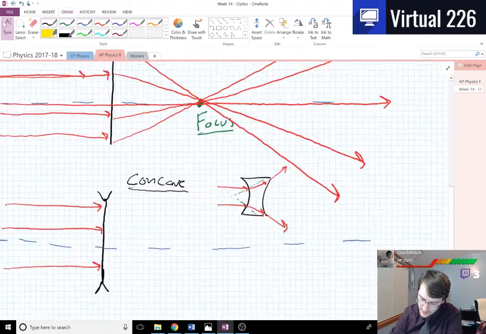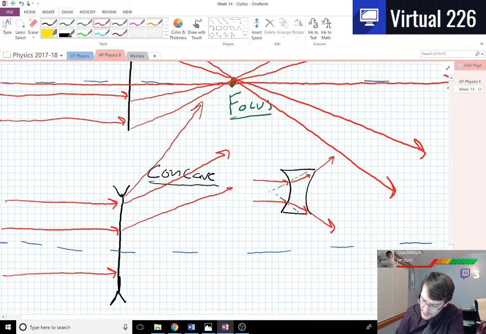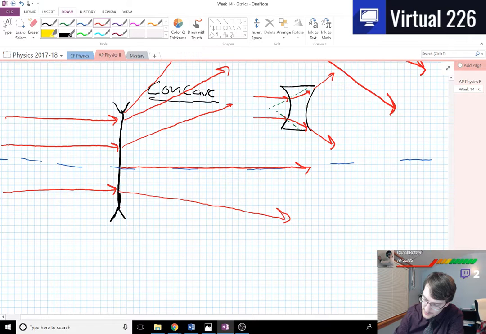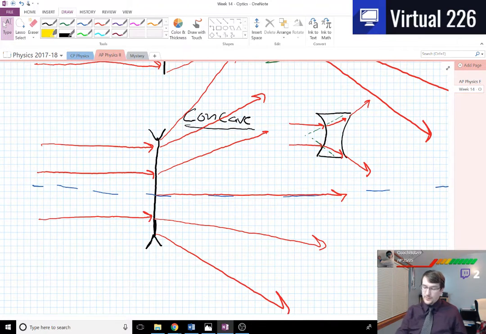So what ends up happening here when we look at this is our light's going to diverge. Light at the very tip would go like that. Light passing through the center just keeps going straight, but the light down here diverges down, and if we go even further at the edge, we'll do that. So our light diverges out. What we can actually do is if we backtracked all this light, we would arrive at